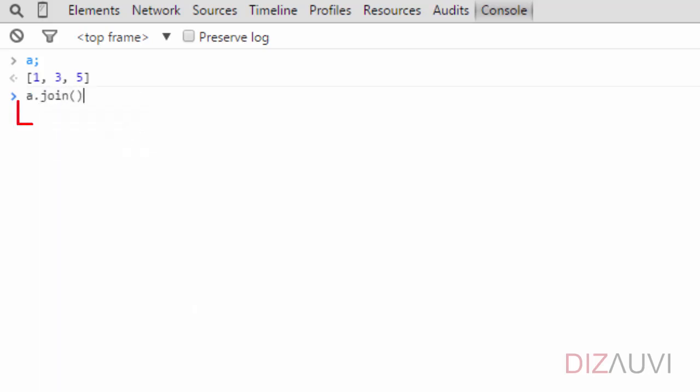Let's join the elements of array A. And as you can see, we get a string which contains all the elements of the array separated by commas. Comma is the default separator when we join an array. But we can optionally pass another separator string to the join method. So let's say we want to separate each element by a pipe. We can do it like so.